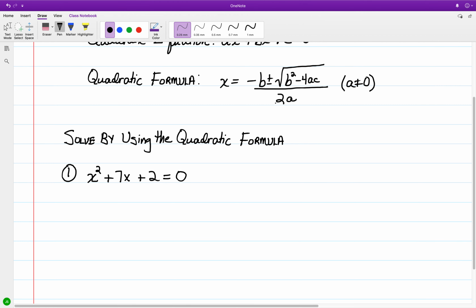So setting up what represents a, b, and c, with x squared you would have the coefficient at 1. So a is at 1, b is at 7, and since 2 is added, c is equal to positive 2. And we have, for the use of the quadratic formula,